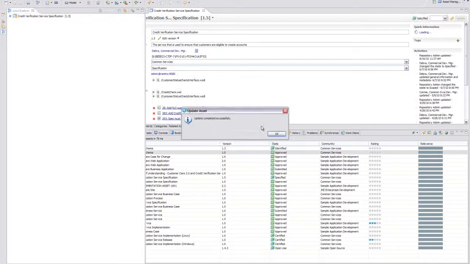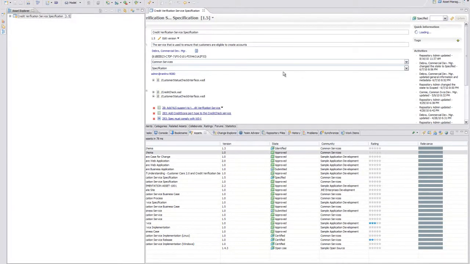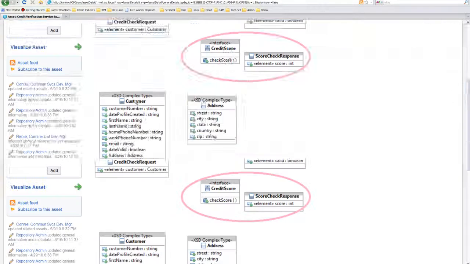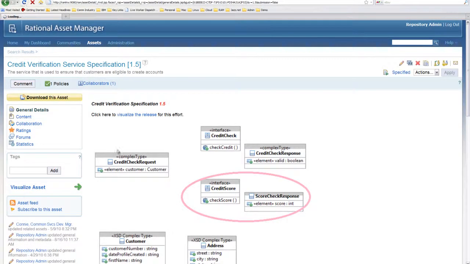Okay, so now the asset has been successfully updated. We can go back into the web environment and take a look at that asset now as it's been updated. Just refresh the web screen. If we go into the content,